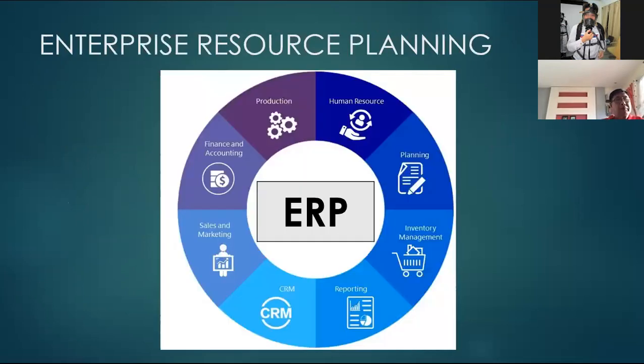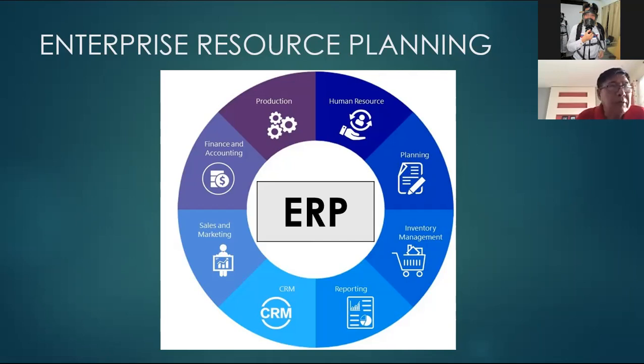We will use the ERP. The ERP, or Enterprise Resource Planning, is a system that can take care of all the data of a company or organization. The root word here is all data. It will include HR data, finance data, sales and marketing data, event planning data, all data in one